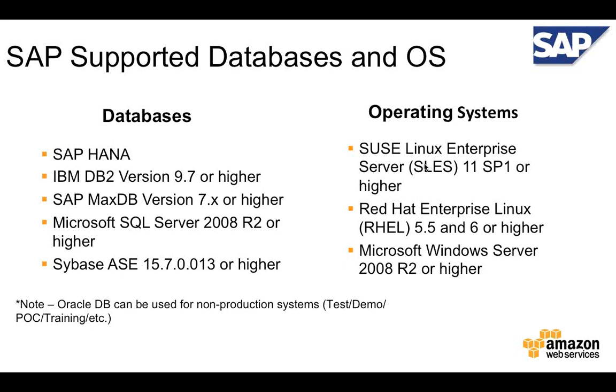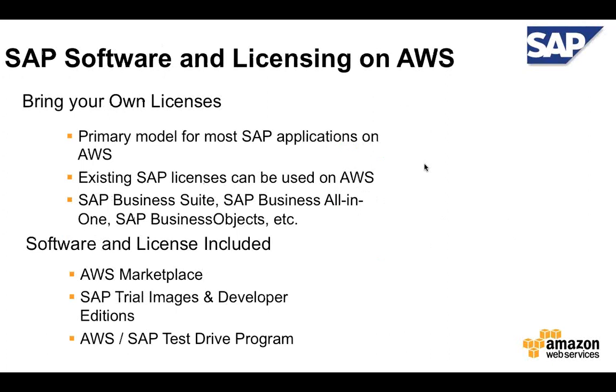When it comes to licensing, most of these vendors have a common theme, and that is some of the licenses are available on demand. That means you can buy it as a license-included option when you run their software on AWS. In the case of SAP, the license-included options are really not that many. You have a few software available on the AWS Marketplace. There's Business Warehouse BW and SAP HANA Business Edition, but the primary model has been to bring your own licenses,